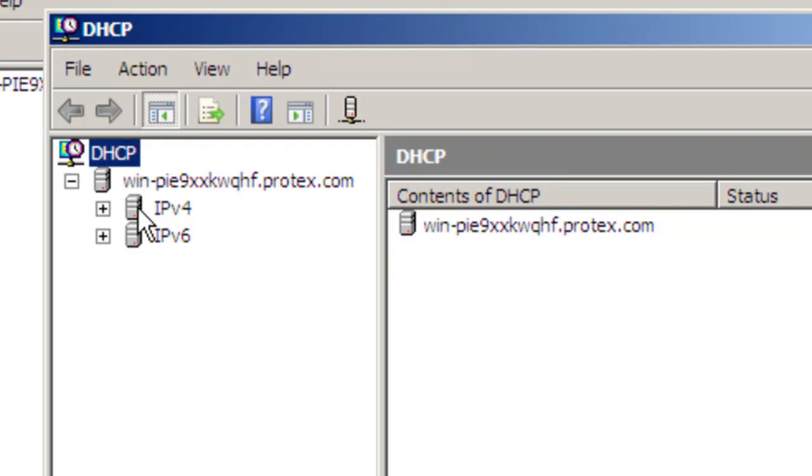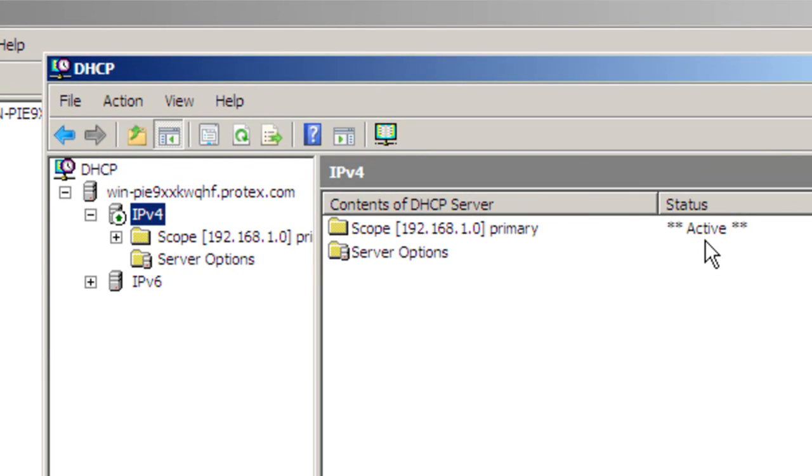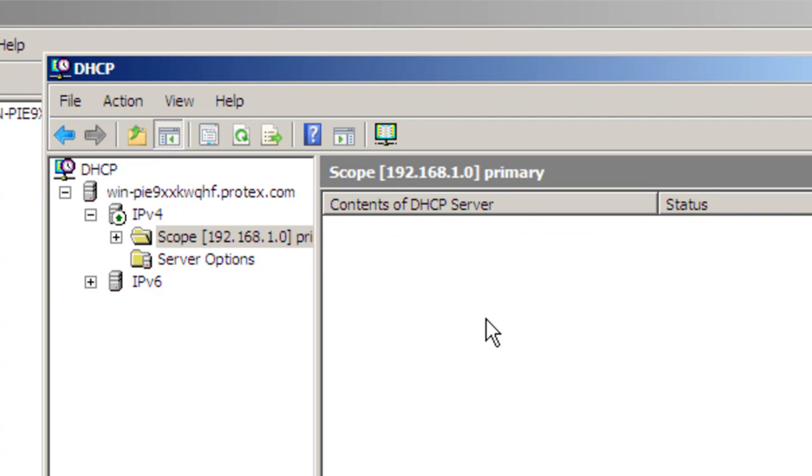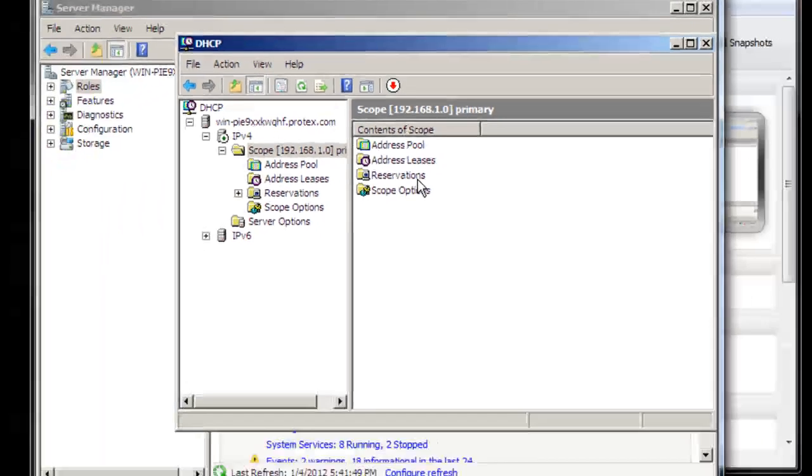You will click the IPv4. It will tell you your scope, which is active, and your server options. Here you have your address pool, your address leases, your reservations, and your scope options. Now if you needed to reserve an address, you could, in the